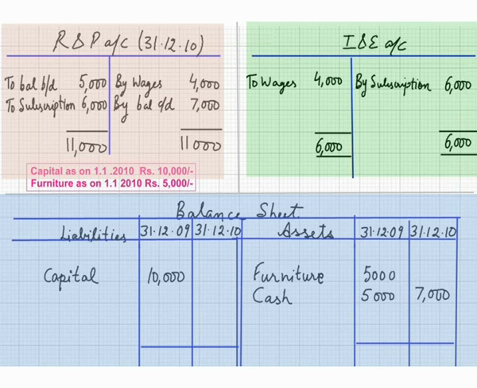So this way, first of all, we'll try to calculate profit. Not profit, we'll call it surplus. Basically, it's a profit, but we can't call it profit because this is NPO, I mean to say non-profit organization. So on the credit side, the total is 6,000, and on the debit side we will have to write down to surplus 2,000. In this way, the total is 6,000 rupees.